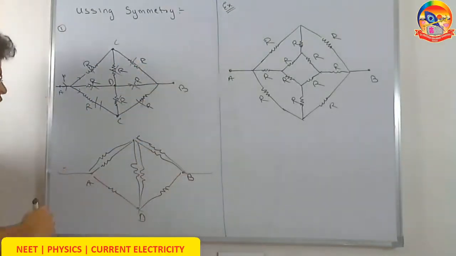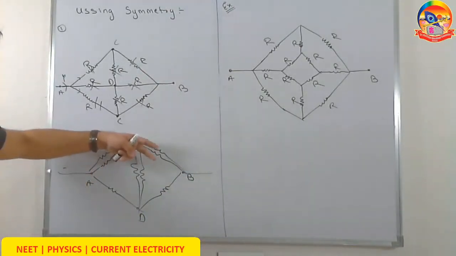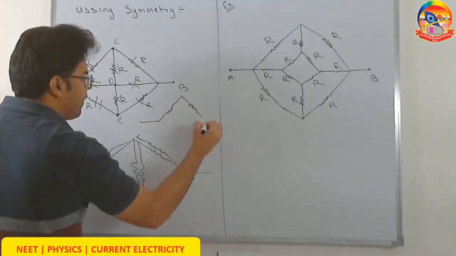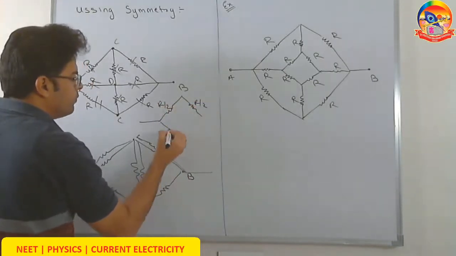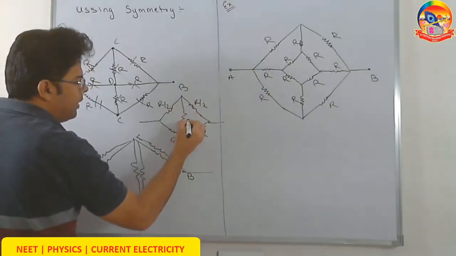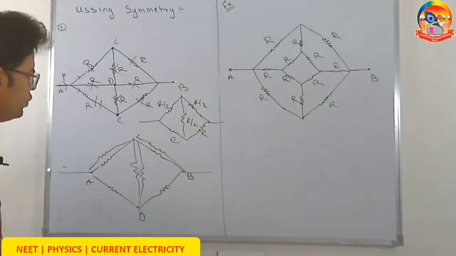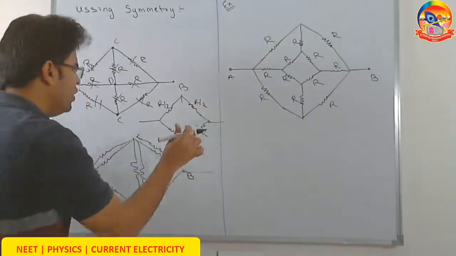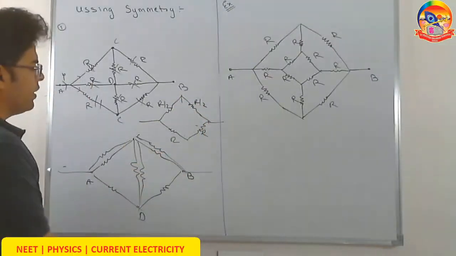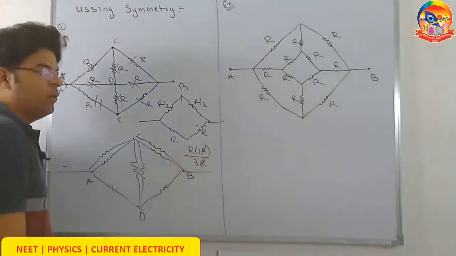So now here, you can see it, this R R becomes R by 2, this R R becomes R by 2, this R R becomes R by 2, this is R, this is R. So I overall get R by 2, R by 2, R, R, R by 2. So this is again a balanced Wheatstone bridge. R by 2 into R equals R by 2 into R. So I can remove this R by 2. The resistance of this upper line becomes R. The resistance of the lower line becomes 2R. So equivalent resistance becomes R into 2R upon 3R. That comes out to be, kids, 2R by 3.